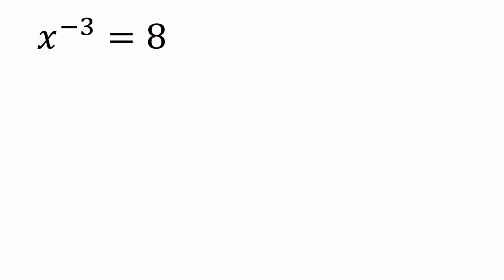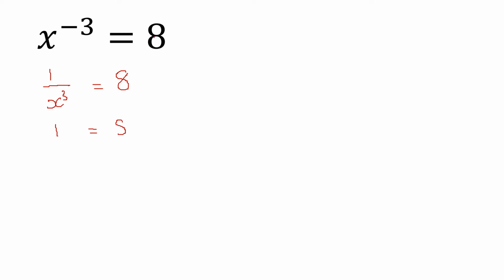Not quite the same as our previous example where we need to change the base, because our base is an unknown, but we can rewrite our left hand side as 1 over x cubed is equal to 8, and then we're left with a fraction, and when we've got fractions we want to get rid of them. It's currently being divided, 1 is being divided by x cubed, so if we multiply by x cubed it gets rid of our fraction, and we've got 1